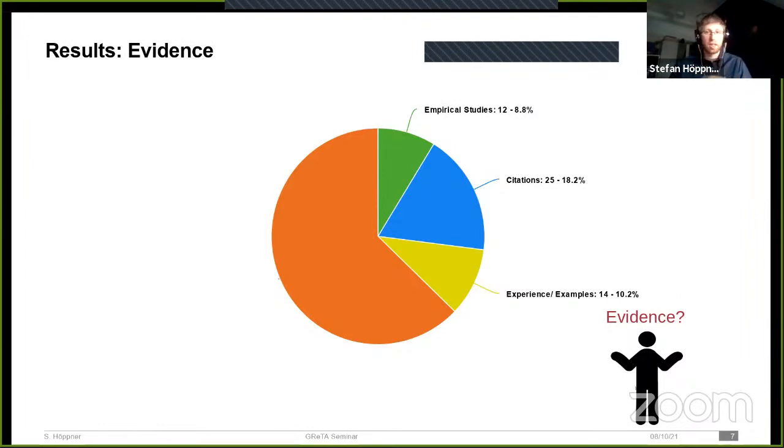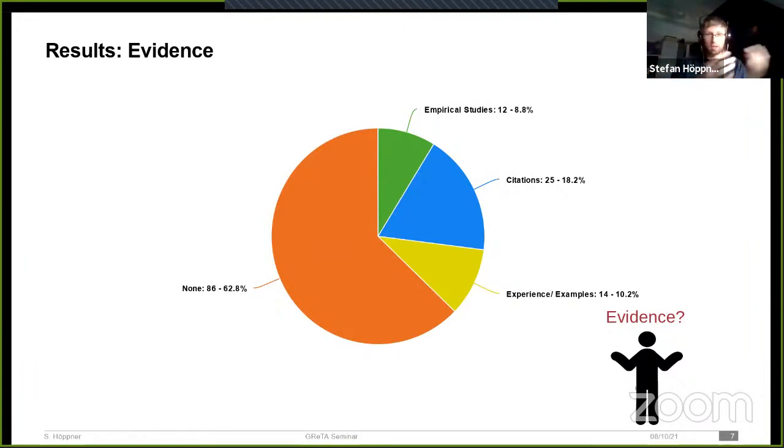The fourth type of evidence is the type of evidence where actually no evidence is given. I talked about that earlier, this doesn't necessarily need to be a bad thing, since some things don't need to be substantiated every time, but maybe not as many as we found.